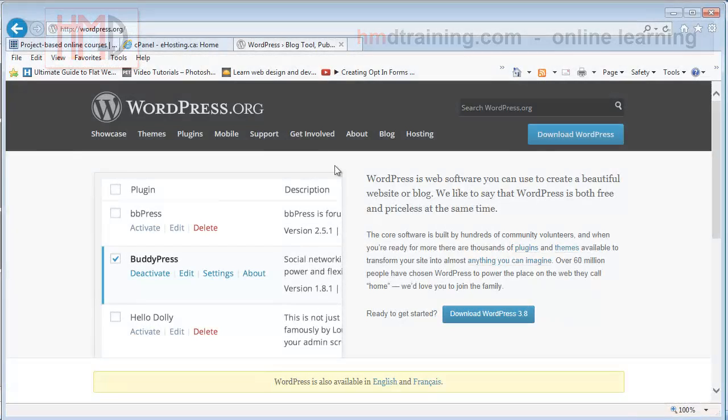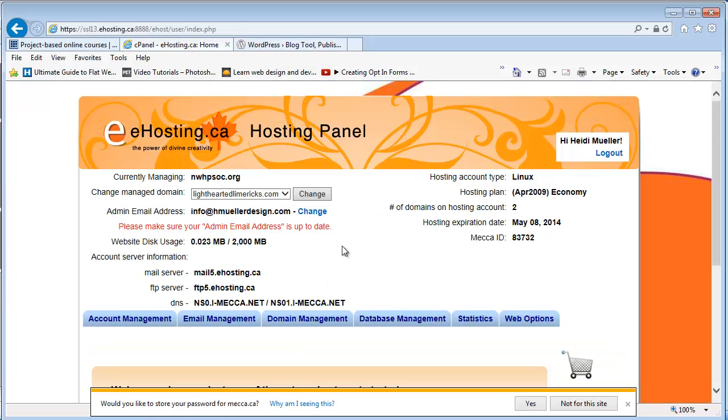So I'll jump across. There it is. So I've logged in and I've got more than one website on this account. The one I'm working with for our course is lightheartedlimericks.com. So let's change to that. So we are now managing our website lightheartedlimericks.com. So what we've got here are a number of things that we could look at, but of interest to